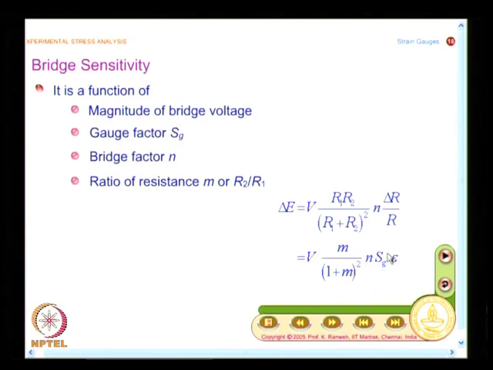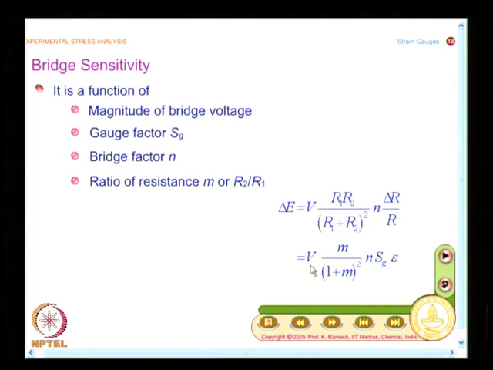So, in most of the problems, whatever the strain gauge that you have, you will find the gauge factor is around 2.1. And so, we will not have much change in the value of Sg when you are using the metal foil strain gauges. I can play with maximizing m by (1 plus m) squared and n,